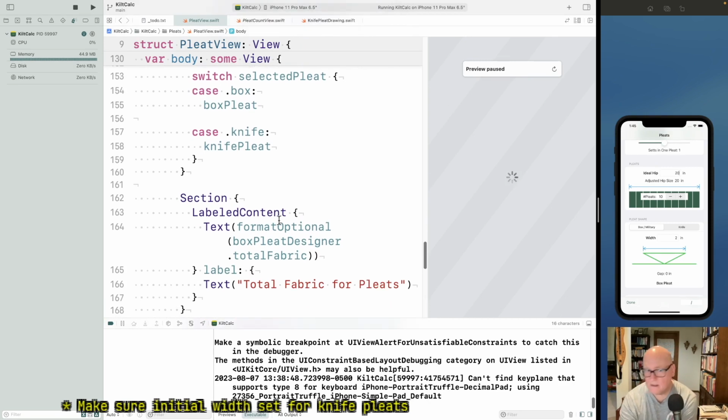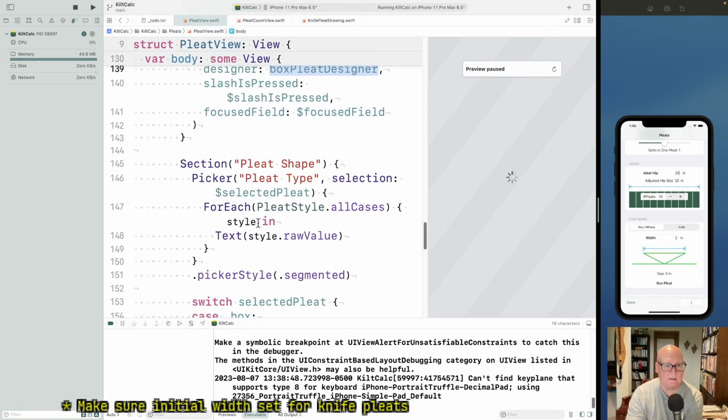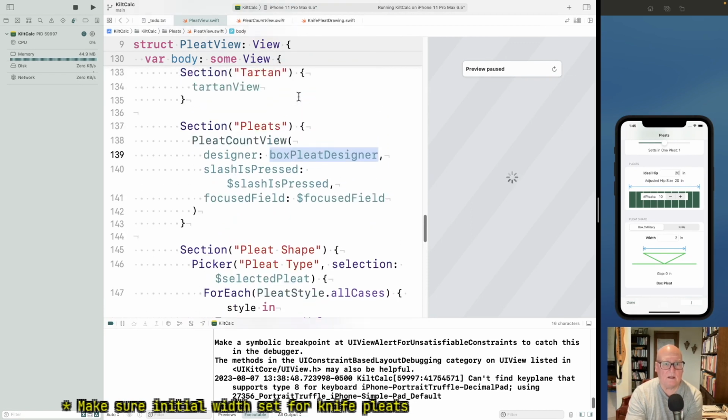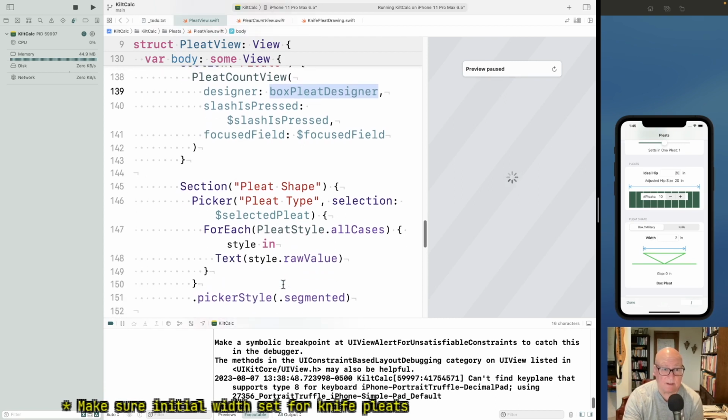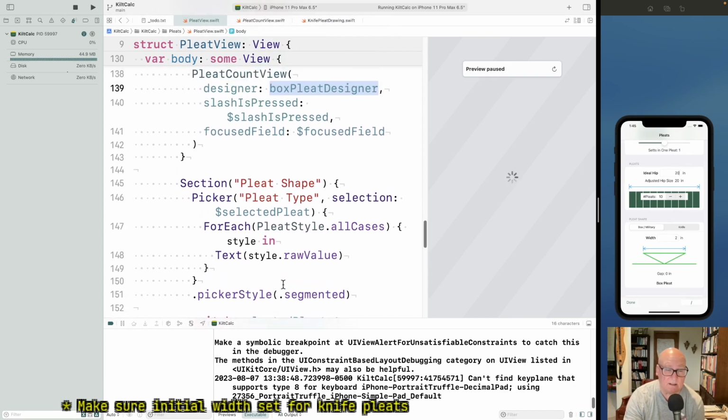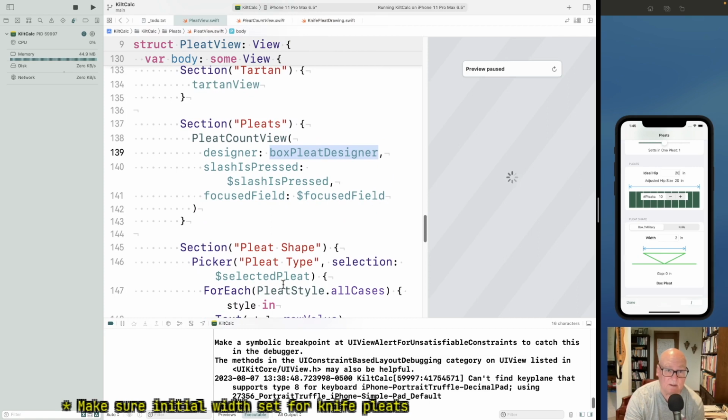Yeah. Yeah, but this one, well, maybe the mistake, it's, we have to pass the pleat count is the one on the designer we're working with. So this is changed when we've selected a different thing. So I think, well,